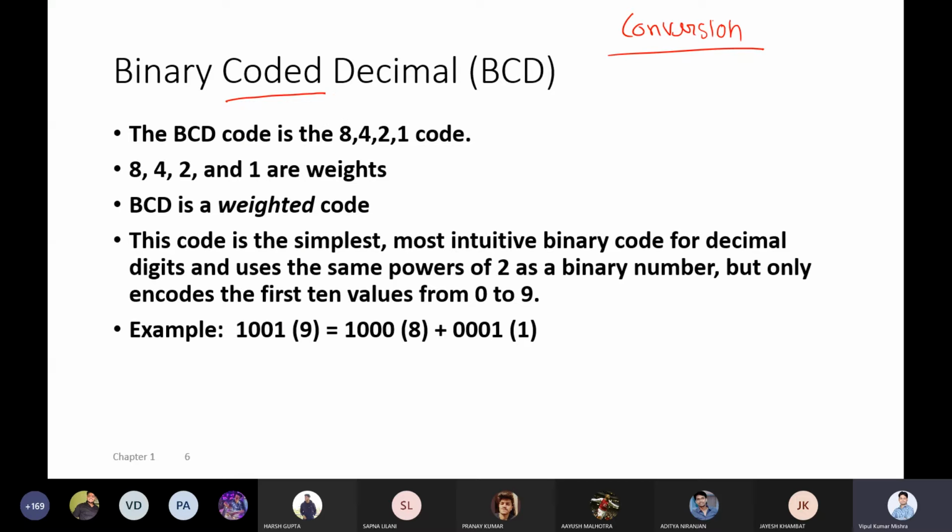Once you say coding, it means every number is represented by a specific code, and based on that code you will represent the entire number. So this code for BCD is known as the 8421 code. Why is this 8421 good enough? How exactly it works, then you will understand 8421 is good enough.